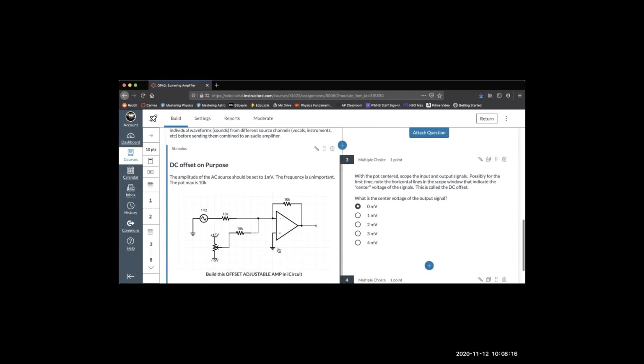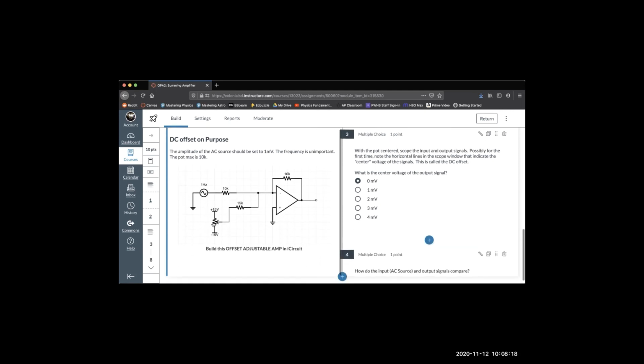So you build this thing, and this potentiometer is centered. Notice that it's right in the middle between plus 15 volts and minus 15 volts. Imagine it's like a knob, because that's what knobs are. They're potentiometers, and it's centered. And so you run this thing and you look at the scope trace, and it goes up and down and goes right through 0. 0 is the center line, and maybe you never looked at it before on the scope, but that line is labeled as 0. So it goes right through the center voltage, and the center voltage is 0. But when you turn the knob,